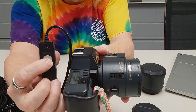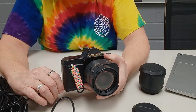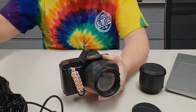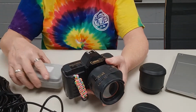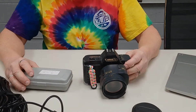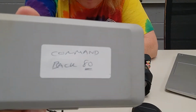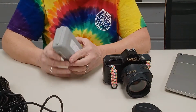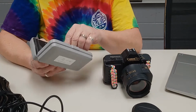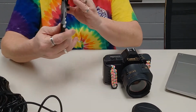But what's really exciting and what I wanted to do this video for is I also found the command back. Let's set this over here. Set the camera here. We'll shut it off. I found a command back for it. Now, a command back opens up all kinds of other possibilities. Here's the command back,